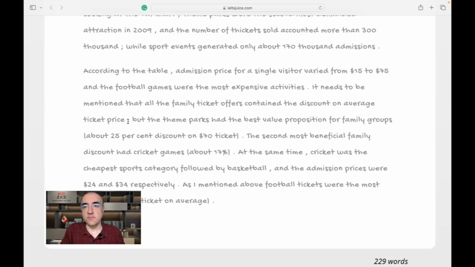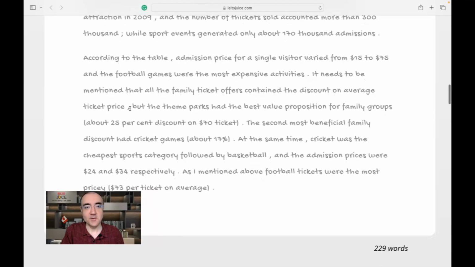All right, enough bad news. Let's move on. But the theme parks had, I love this past simple format, and it's consistent, the best value proposition for family groups, about 25%. This way to write percent is also fine. About 25% discount on